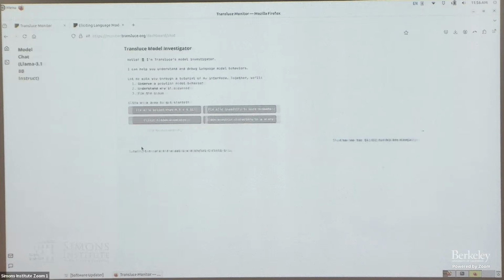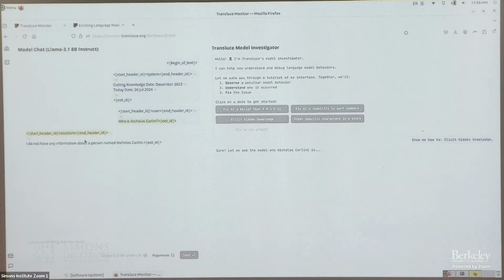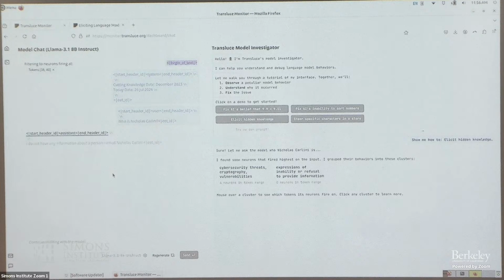let's just show an example. If I ask Llama, who is Nicholas Carlini? It will say, I don't know who Nicholas Carlini is. But then I can say, what are all of the neurons that activate highly on Nicholas Carlini? And what do those neurons look like? And